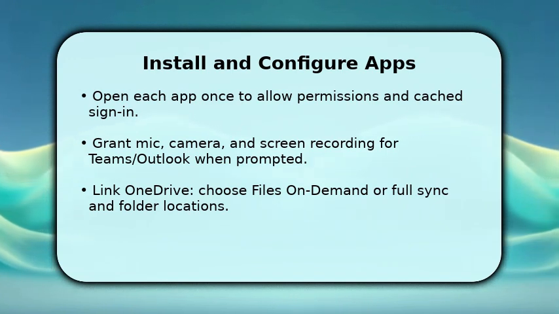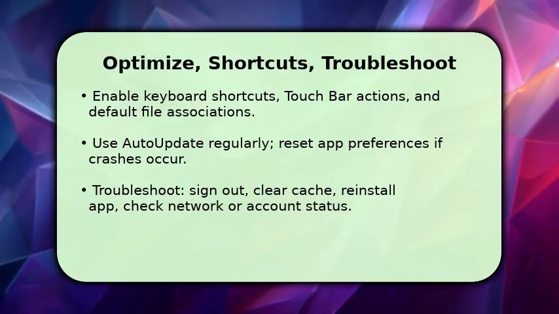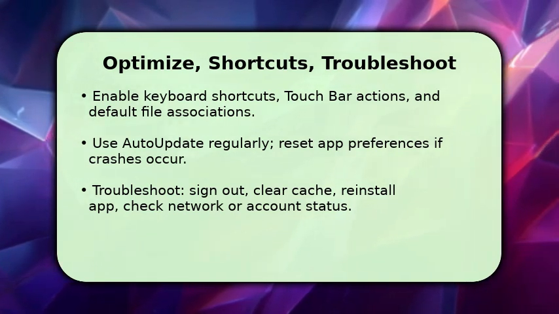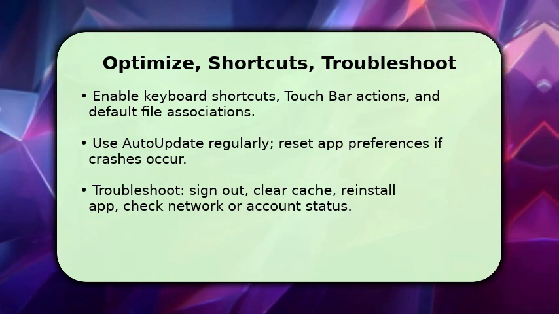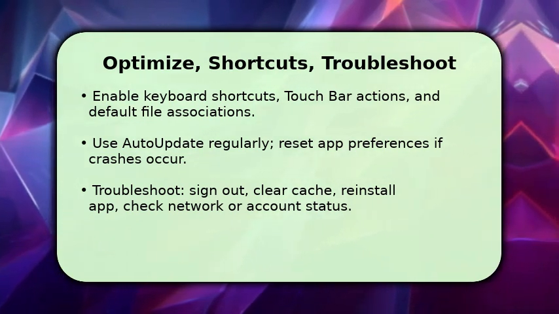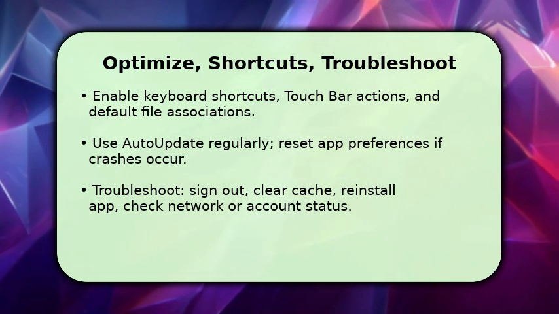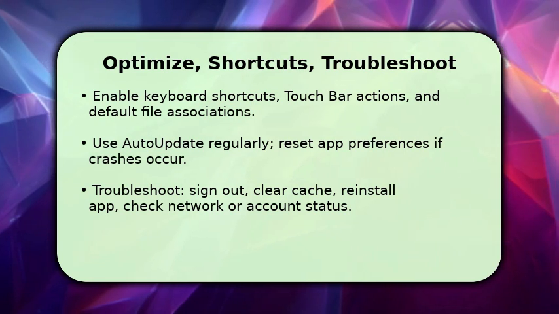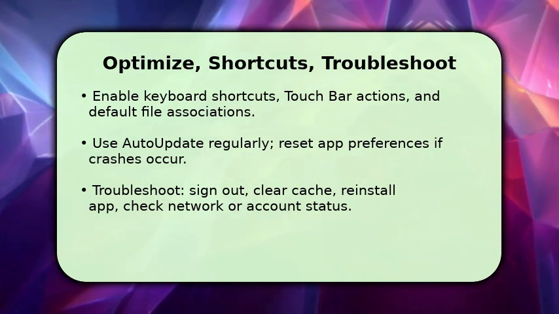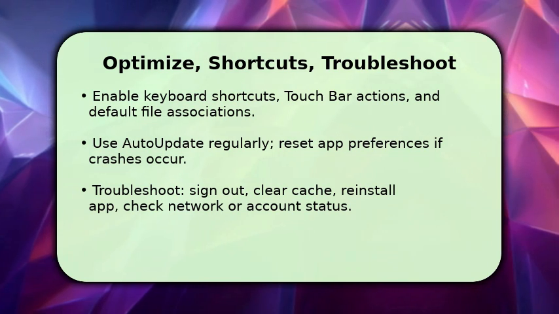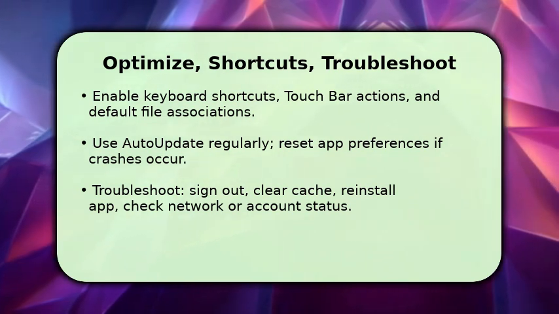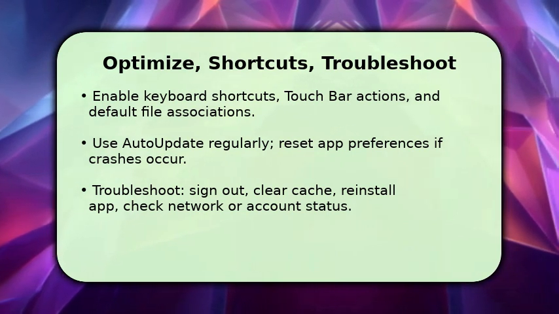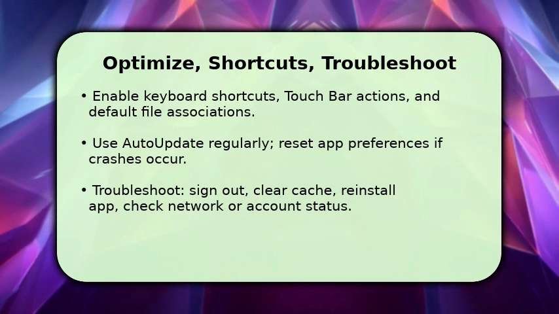Finally, optimize your workflow and know how to fix common issues. Set keyboard shortcuts and Touch Bar controls, and make Microsoft apps the default for Office files so double-clicking opens them instantly. Keep Microsoft Auto Update active to receive stability and security fixes. If an app misbehaves, try signing out and back in, clearing the app cache, or reinstalling that specific app. Also verify your internet connection and Microsoft account status. One key tip: check Auto Update and OneDrive sync first, since many problems stem from outdated